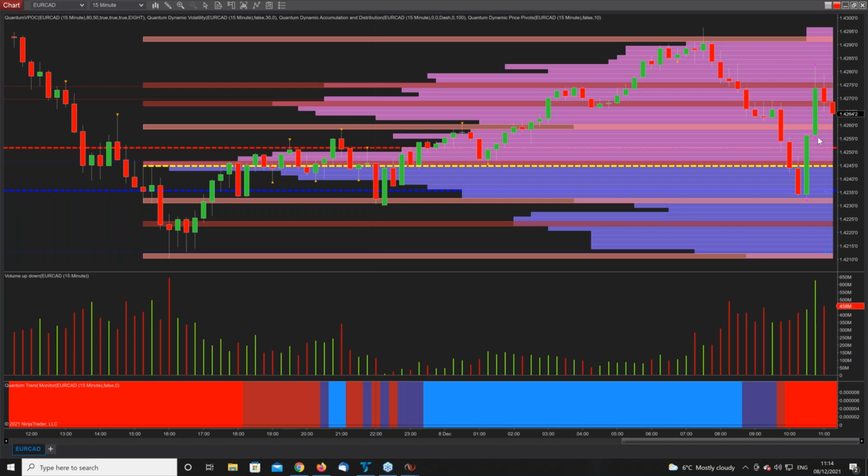Yeah, it didn't go into congestion on that one. You might have closed out on that one. You might have jumped back into this one. But look at the volume under this particular candle. Big wick to the upper body. You've got a volatility trigger here. This is not going very far.